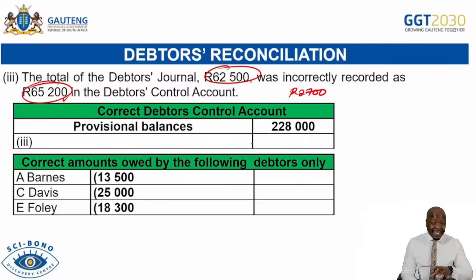Okay, then I'm going to come to the list and then I'm going to ask you a question. So if it is the total of the debtors journal in the DJ, this is when we sell. The sign here will be a plus. So we sold goods 62.5, but we have overstated it. So once an amount is overstated, you correct it by subtracting. So you come here and say minus 2.7, because you have overstated your amounts from the DJ, and the DJ is a plus. Once you overstate an amount that you added, you correct it by subtracting it.